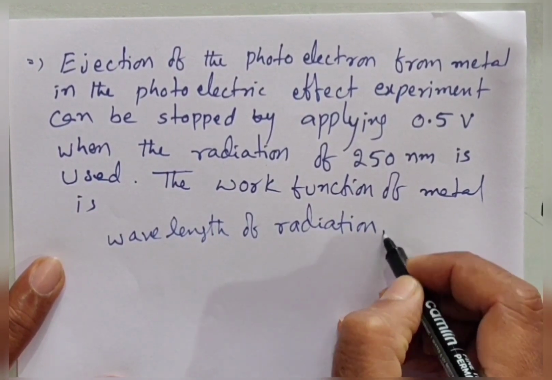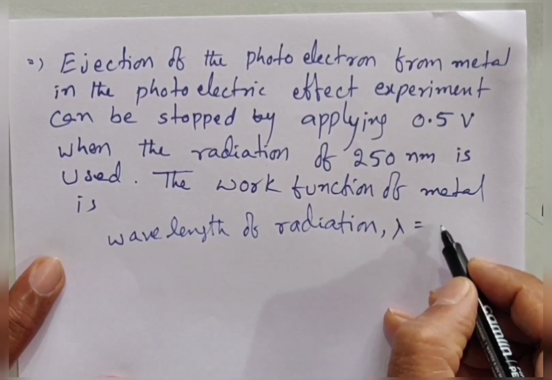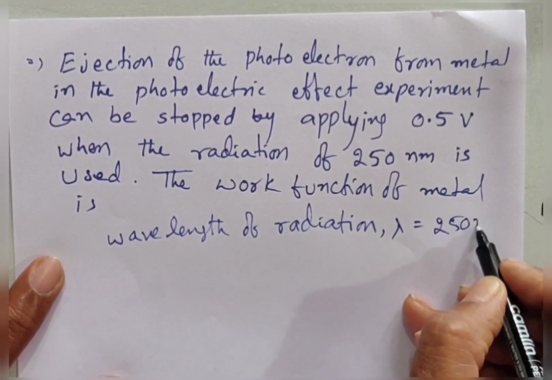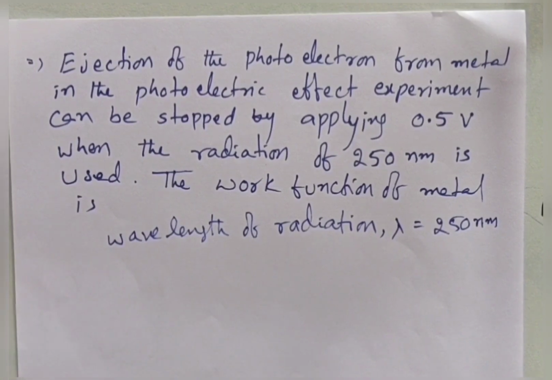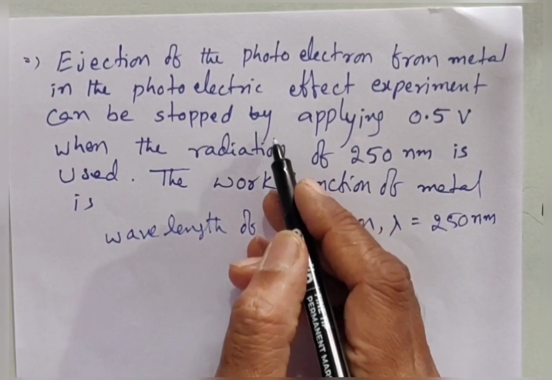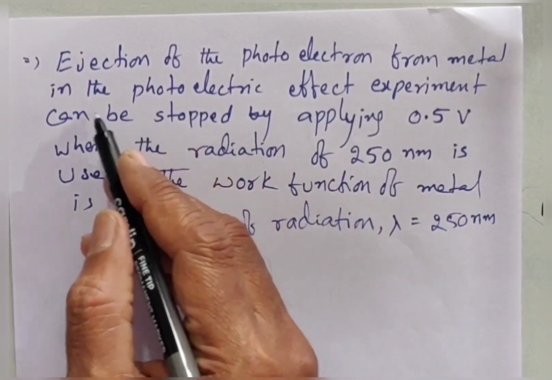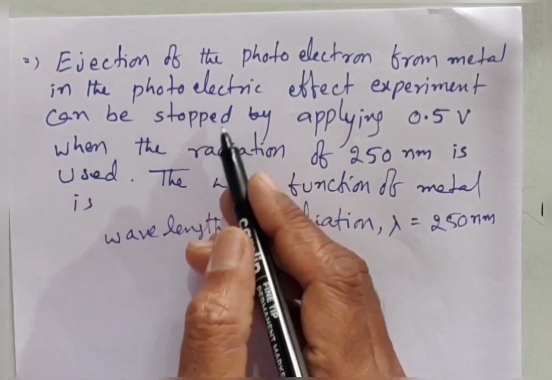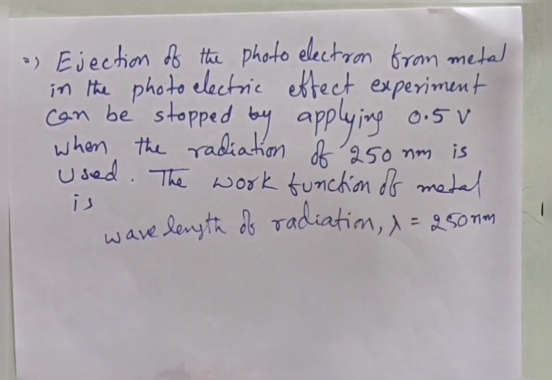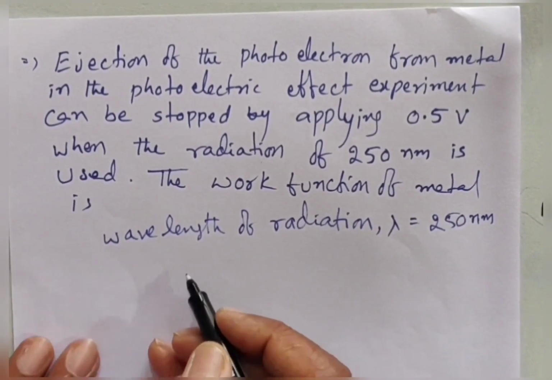That is lambda is equal to 250 nanometers. Now in the photoelectric experiment, ejection of electron can be stopped by applying 0.5 volts. Now here